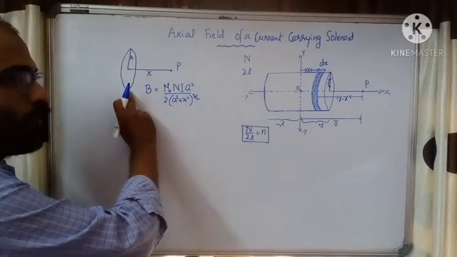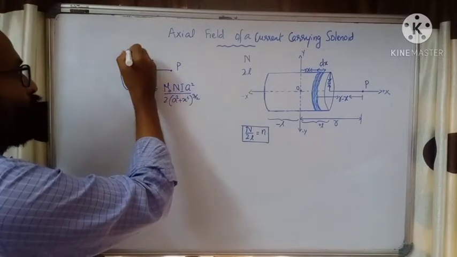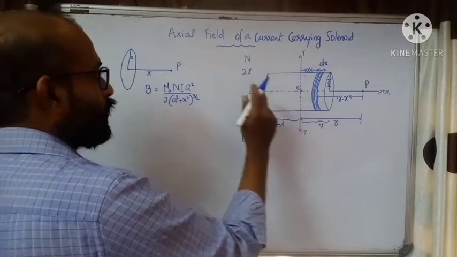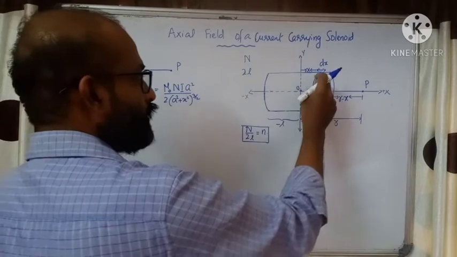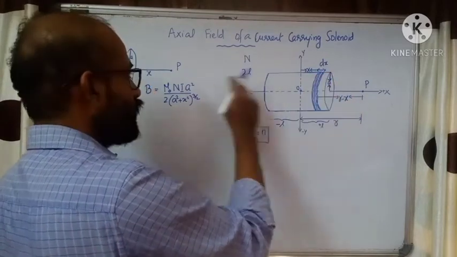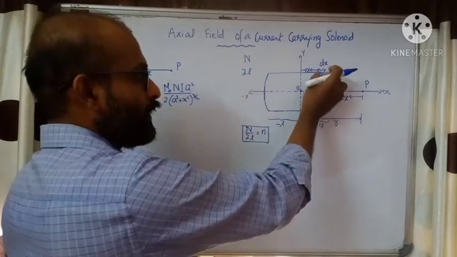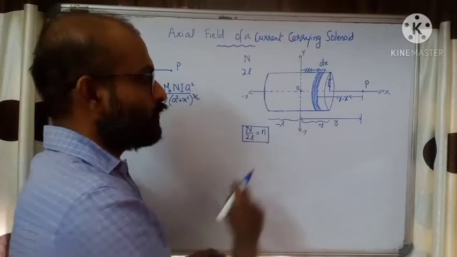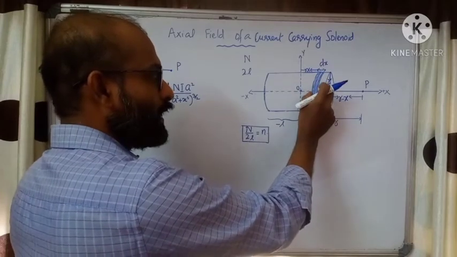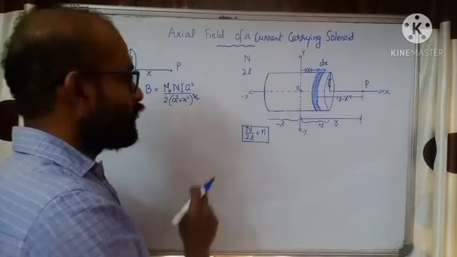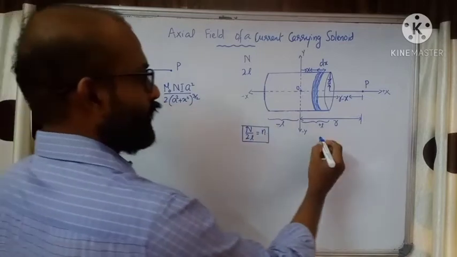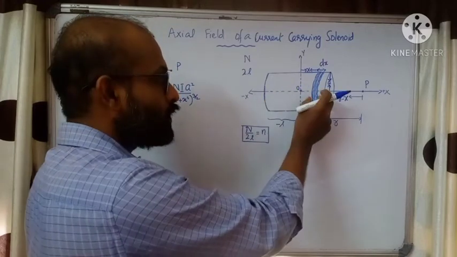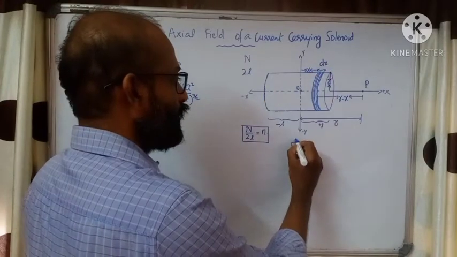Now this is a circular coil having n turns. So if you have a few turns, n is the number of turns. This we can compare here. When we compare this situation here, the shaded region is just like a current carrying circular coil having a few turns. Width is very small. So we will find the magnetic field due to this current carrying circular coil at the point P. When we compare these equations, what we can say? The magnetic field at the point P, not due to the entire solenoid, only due to the circular coil of width dx, is dB.